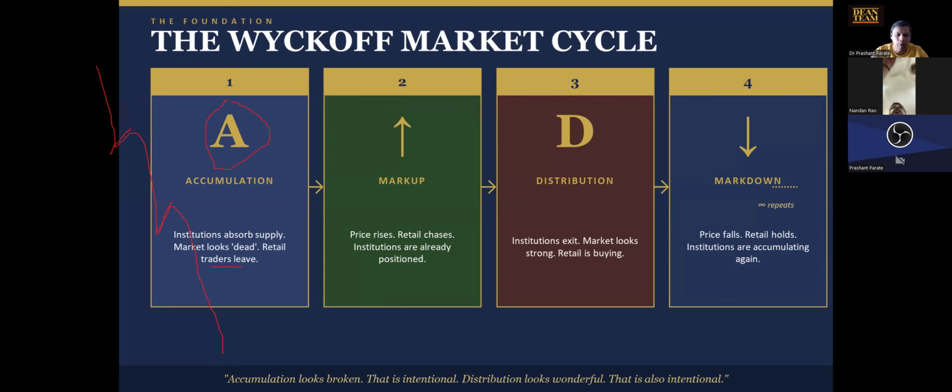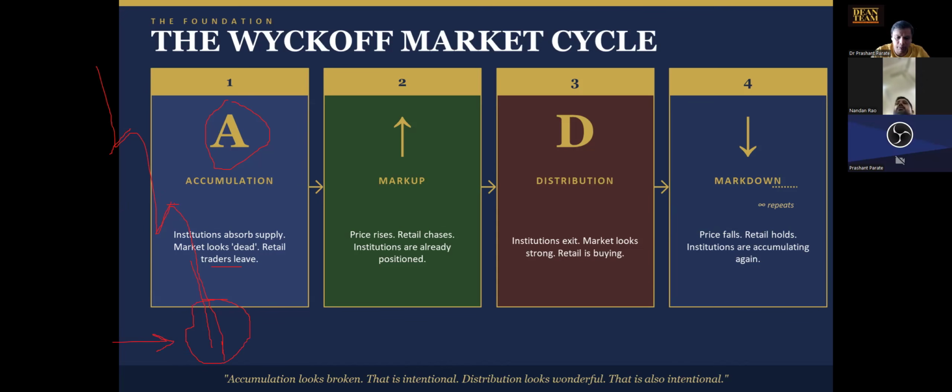Therefore, they do not buy huge quantities. So if it is not working out for them, they will not keep adding. So when there are big selling days, big bad news days, and markets are falling, these big institutes start absorbing. They buy at cheaper rates, and they will buy in huge quantities. So this will turn out to be a selling climax, and it is the start of accumulation.